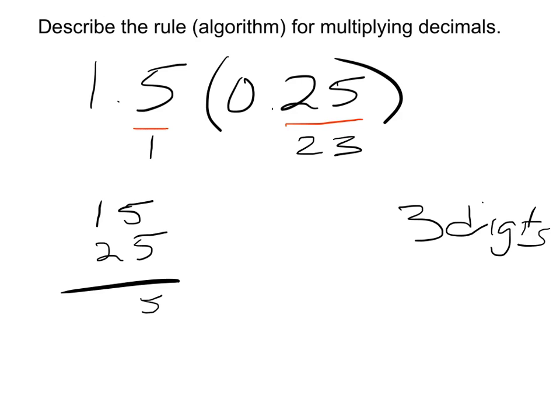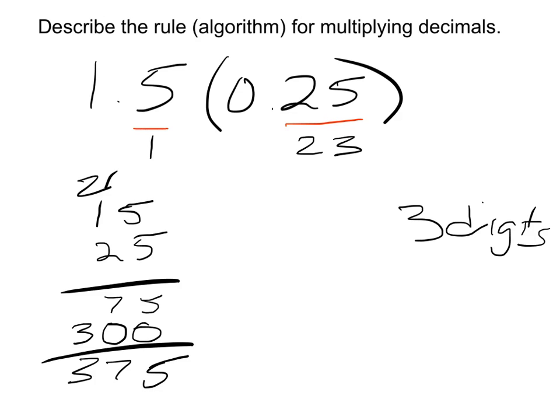So 5 times 5 is 25, carry the 2, 5 times 1 is 5 plus 2 is 7. We've got our placeholder because we're really multiplying by 20, not just by 2. So 2 times 5 is 10, carry the 1, 2 times 1 is 2, plus 1 is 3. So you add them together, you get 375. Okay, but where does the decimal go in the answer? So remember, we need 3 digits behind the decimal in our answer. 1, 2, 3. So that means we need to place the decimal right there in front of the 3. So the final answer is